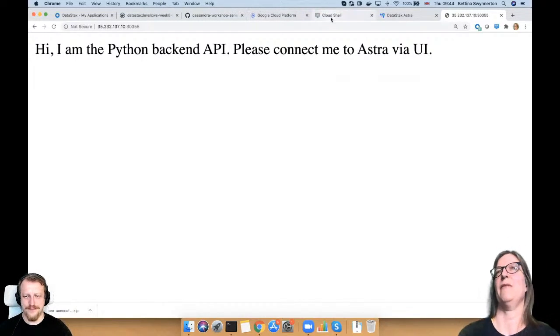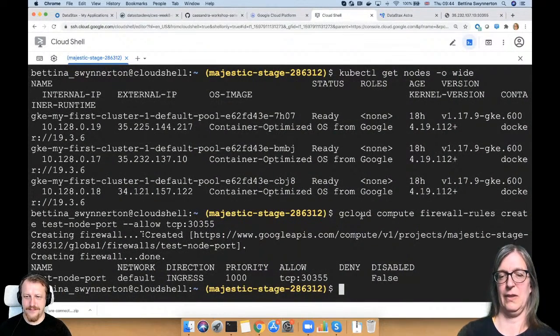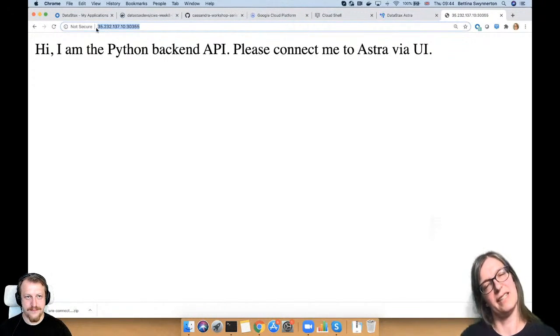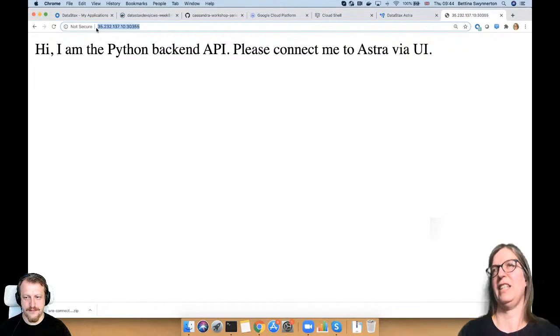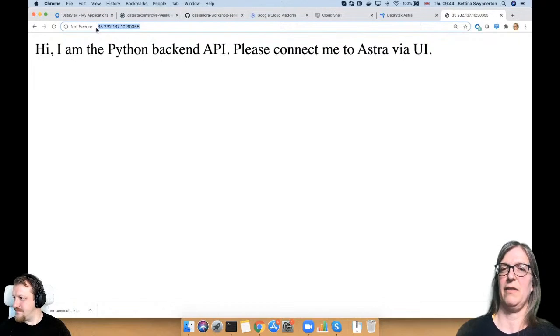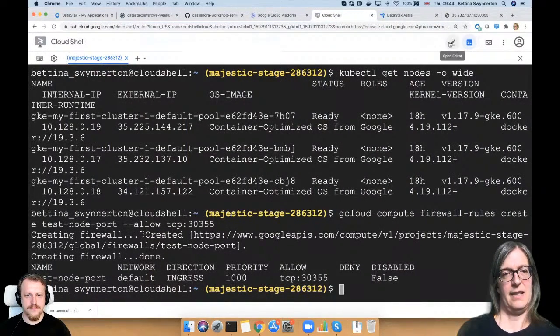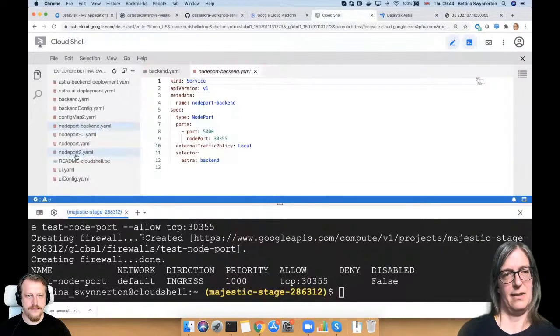Perfect. So let's do the same for the UI. We actually want to give this address now to the UI. So this is in the architecture of our app, which I continue to say is not ideal. You probably want to do this better. But in the architecture of our app, this is how it works. We specify the UI in the config. We use the same config that we did before.